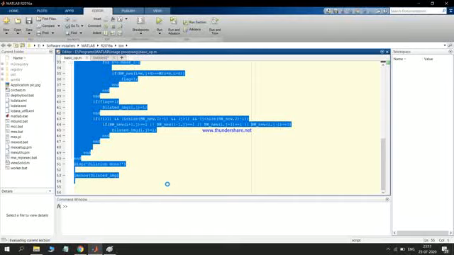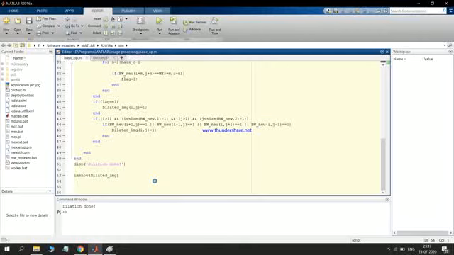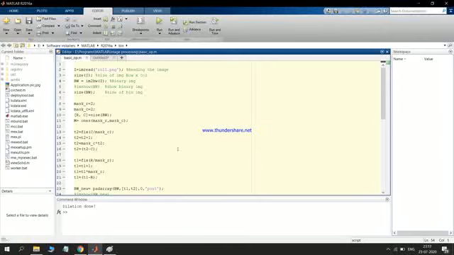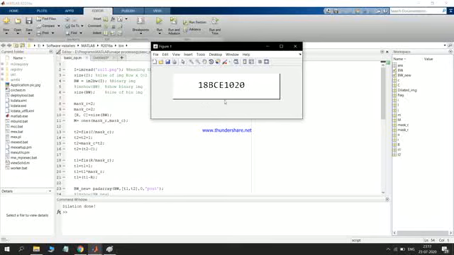It will take a little time because MATLAB is quite heavy. So this is my image after dilation.